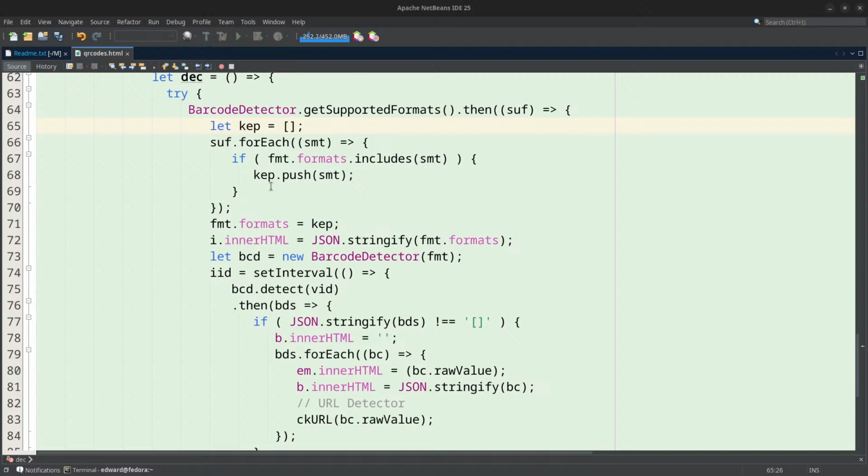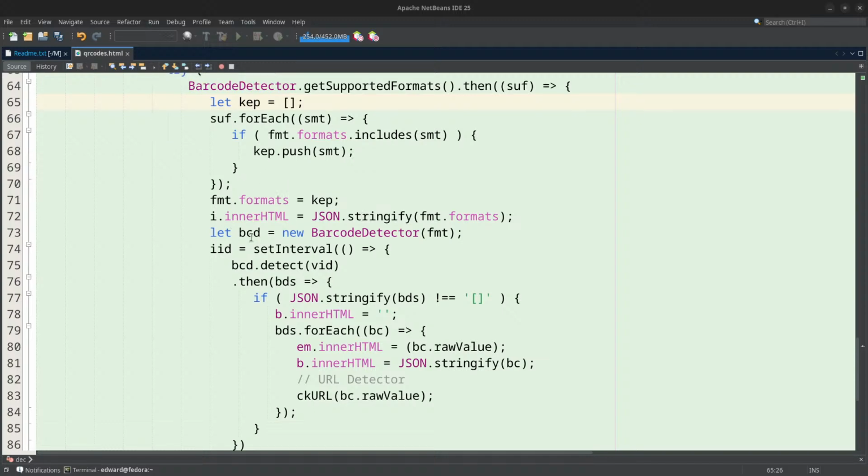With all that done, the next thing I do is create a new barcode detector variable. I put in the formats which are actually supported. Then I start the interval. This is important because if I don't put this, it's only going to detect once and stop. If it finds something, it will stop. Now, the problem with that is